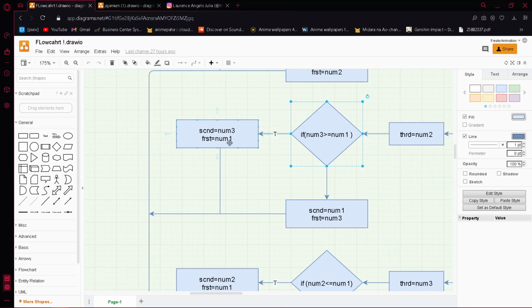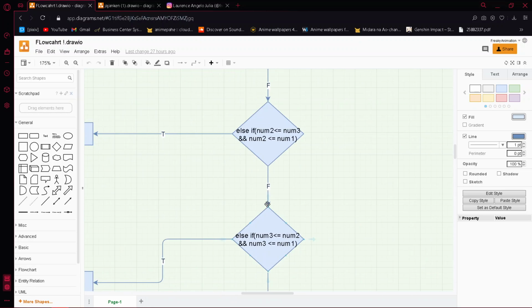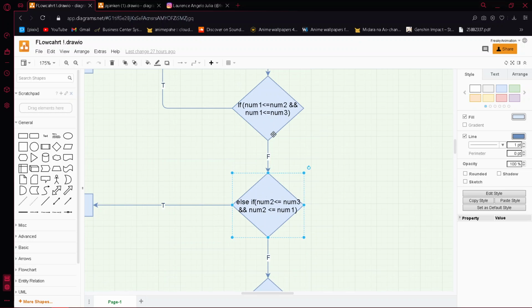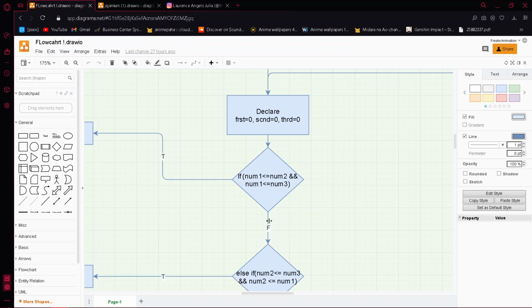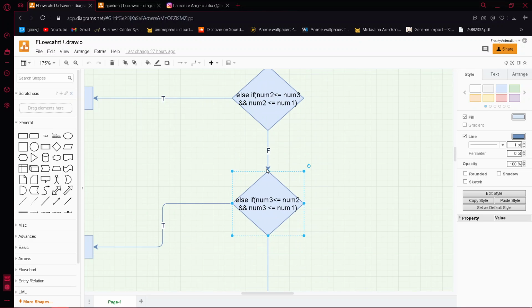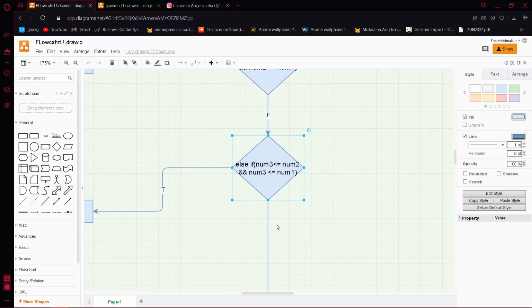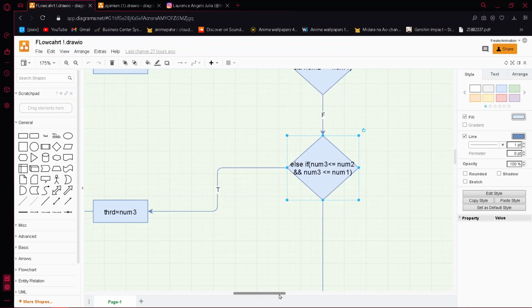Then if it is true, then second is equals to num3 and first is equals to num1. So here, now we are in the third decision table in order of the ascending order, or descending order rather. As if num3 is less than or equal to num2 and num3 is less than or equal to num1. So if it is true, then